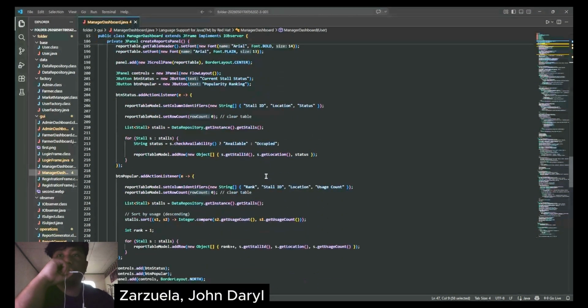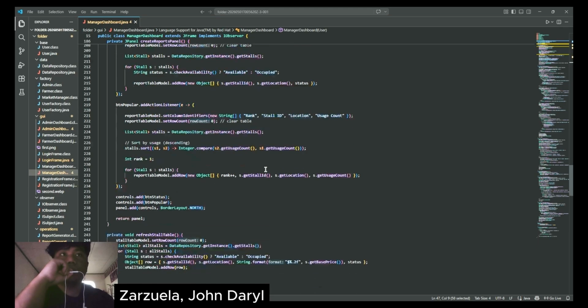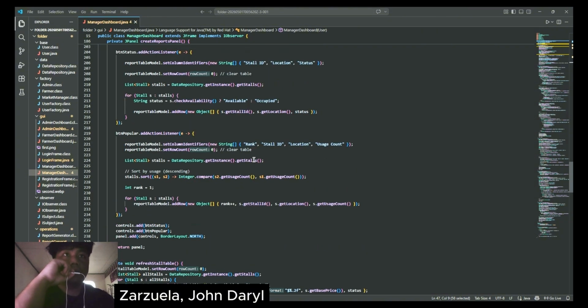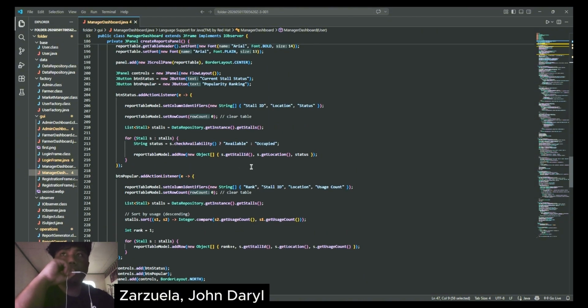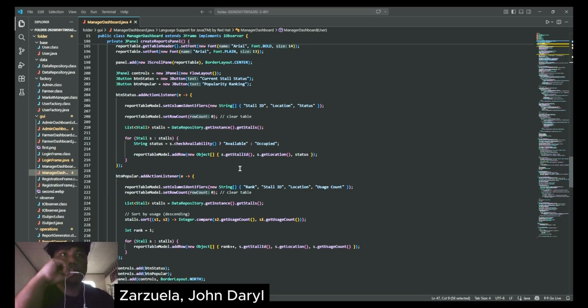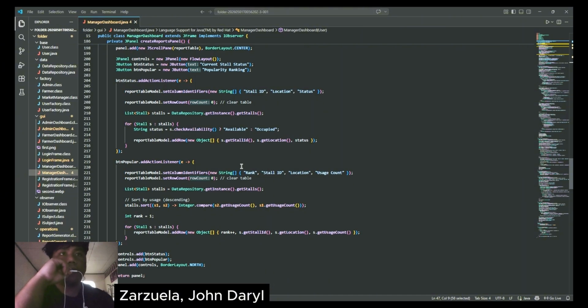For advanced reporting, the class features two complex reporting systems. Number 1, the overall report. This logic performs a join-like operation, cross-referencing reservations, stalls, and users to show exactly which farmer occupied which stall and for what specific date range. The sales report aggregates the data from the sale class to display every individual product transaction and calculate the grand total